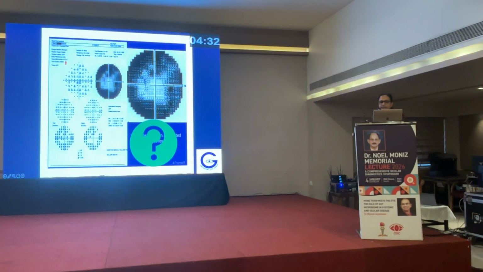Instead, you can get the central points as black and the peripheral points as white. That is known as a black clover leaf. When do you get that? When we explain, the patient does not understand the test properly. So when initially the cardinal points are tested, the patient won't do it properly, but as the test goes on, the patient will understand and do the test properly. So that is a black clover leaf.